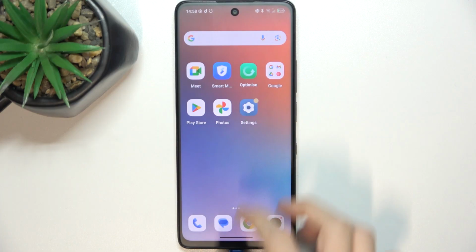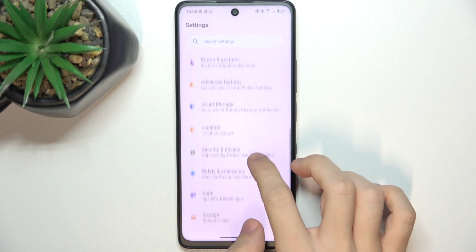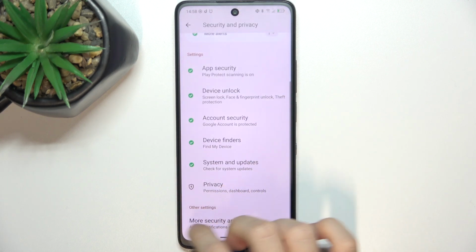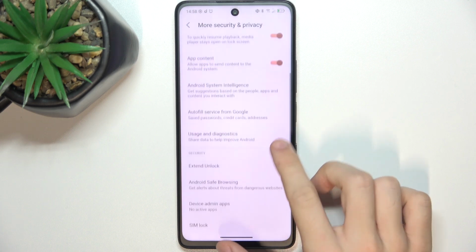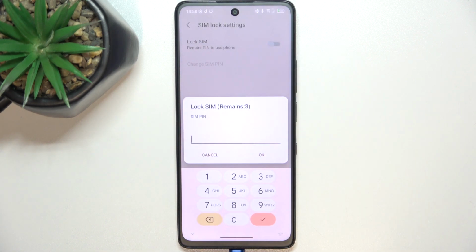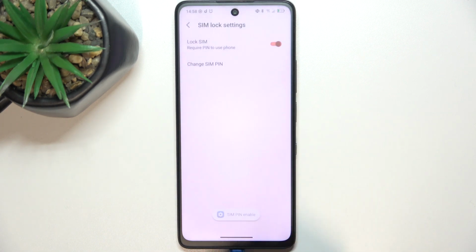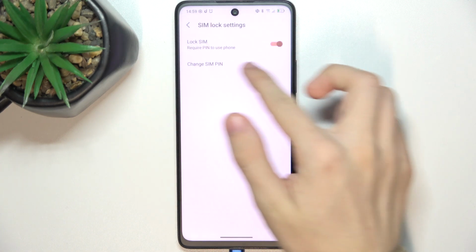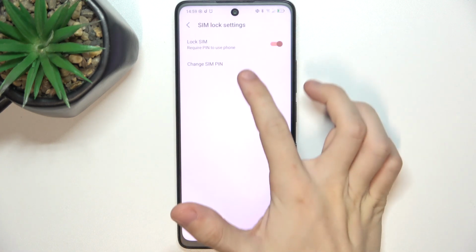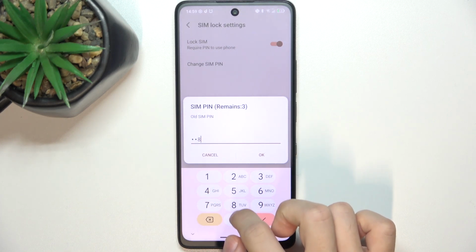To manage your SIM pin, go to Settings app, then in Settings go to Security and Privacy, scroll all the way down to More Security and Privacy and find SIM lock, then enable lock SIM, and first you need to enter the pin that was previously set, or the default one if you haven't changed it, and now SIM is locked. You can change the SIM pin by clicking on change SIM pin, then first enter the old one,